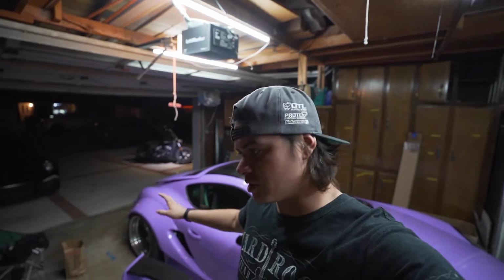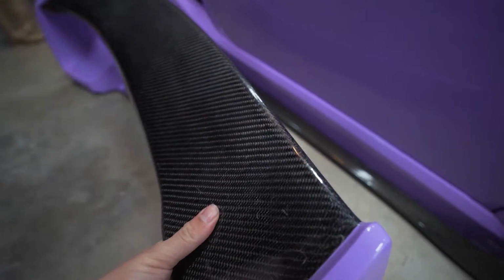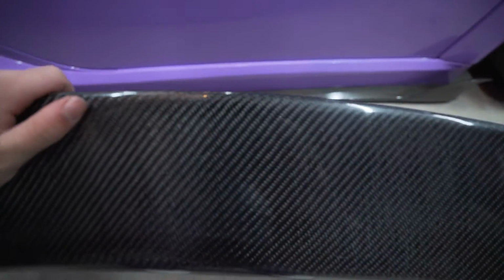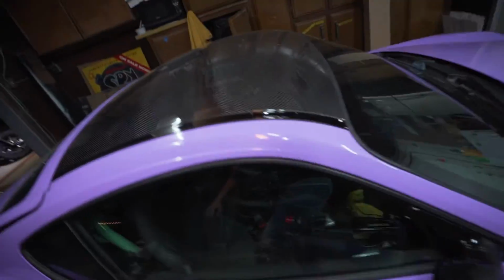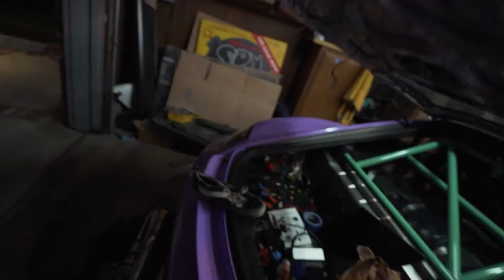Day 2 of building the wiring harness and doing the trunk setup. So, little update. We picked up the wing from Clear. And it may not look much different to you guys right here on camera, but this thing is so glossy. It's just like the roof. So we can see ourselves in here. So clear. It looks so good. Once that's out of the way,